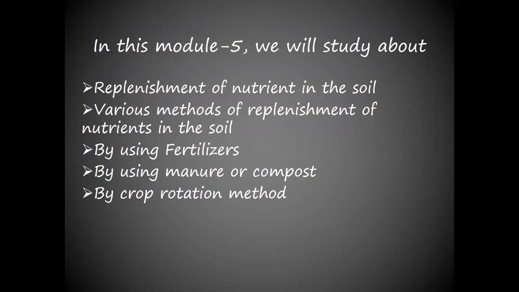Students, as we know, plants get their mineral nutrients from the soil. If plants are grown year after year, the soil will become poorer in such nutrients. So, if the soil becomes poorer in these nutrients, it loses its fertility and the productivity of the soil declines. Therefore,